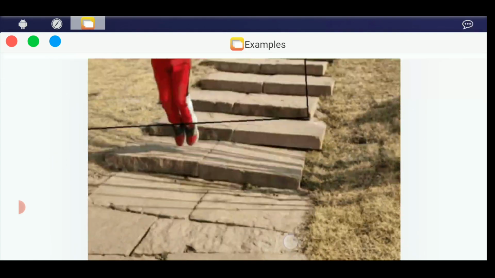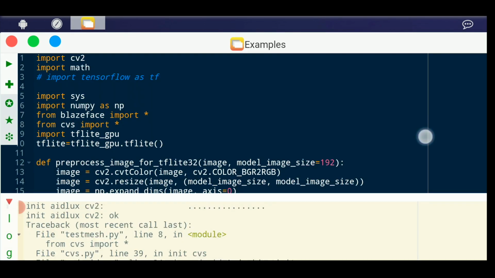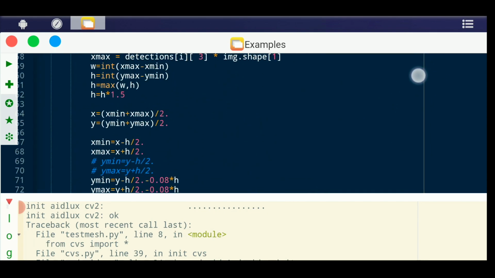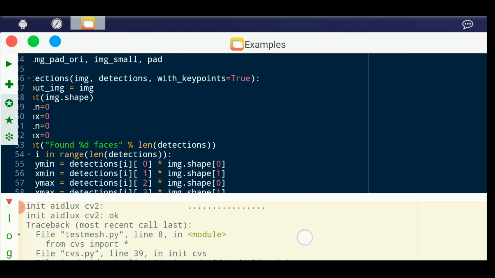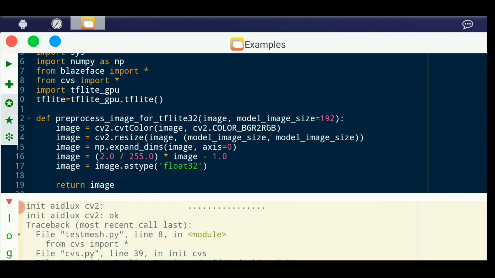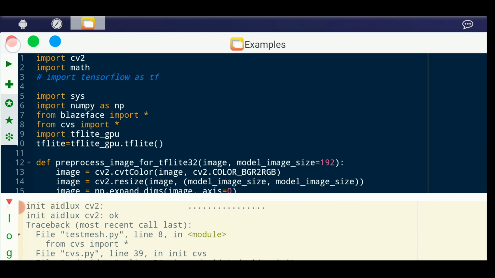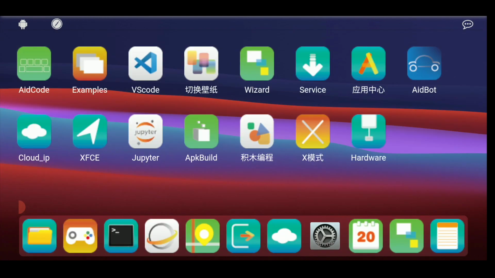Like here you can see, I can click on this one and it will land me on this code, and you'll find all the code related to it, how it works, and you can even click on play to run it. But I'm not going to do this because I'm just giving you a quick overview of this app and how useful this app can be. Even if you find some numbers of apps downside, you can check all of this by yourself, because I'm not going to give you the full overview as this video is already getting very long. So this is a very quick overview of how useful this app can be.